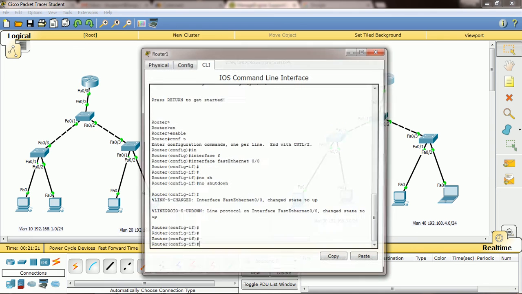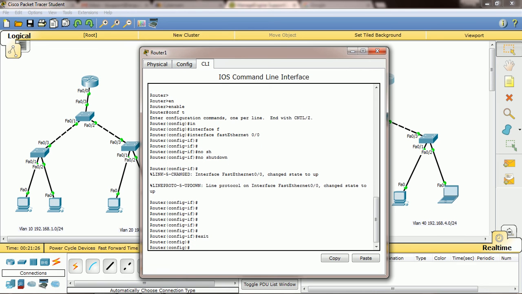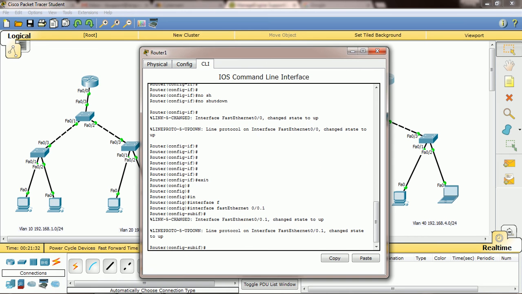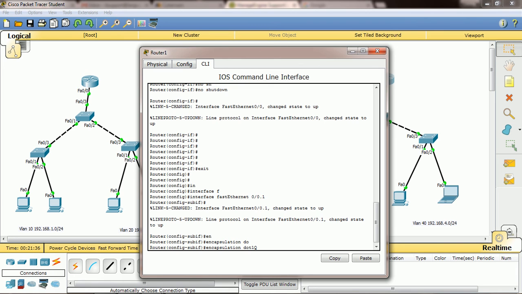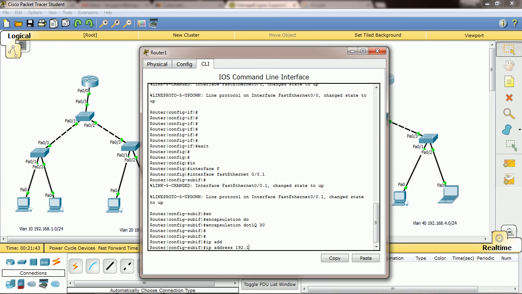Same like we will enter into this, then I give no shutdown here. Then we need to exit. Same like we are going to create interface fast ethernet 0/0.1 sub interface. Then we enter, giving encapsulation dot1q. This command we missed in the previous configuration, so again we did it, right? Then we give the IP address 192.168.3.1 as my default router.